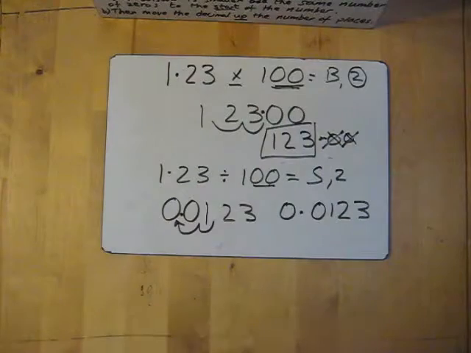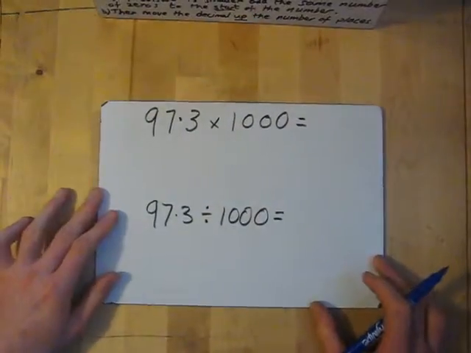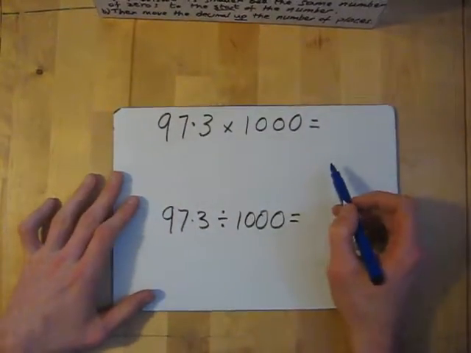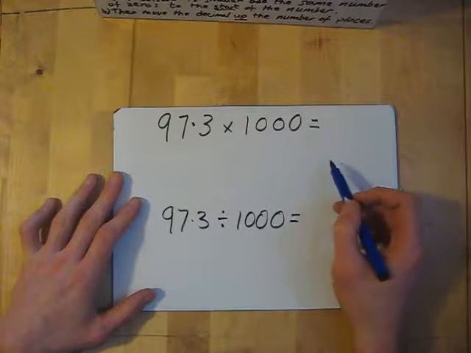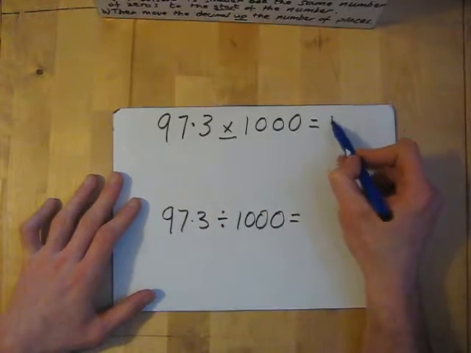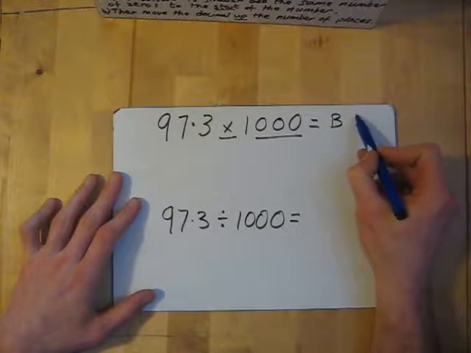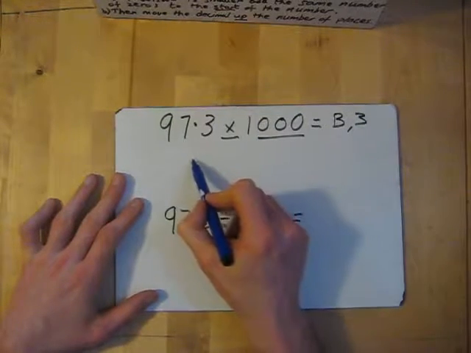Sometimes you don't need them, sometimes you do. It's good just to have them in case. Let's do 2 more, dividing and multiplying by 1,000. So 9.73 times 1,000. So first off, bigger or smaller? So I know it's bigger. How many places? I know it's 3. So I'm going to write my number,